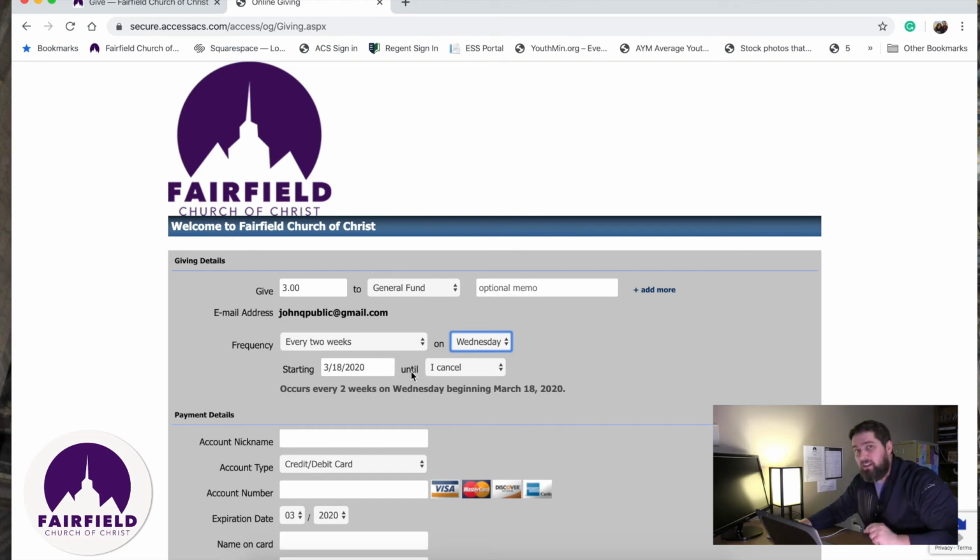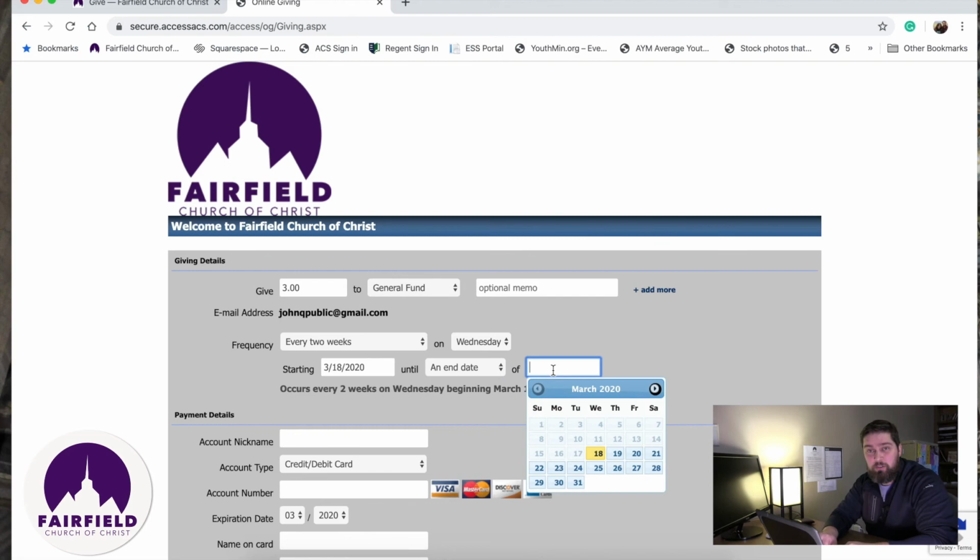And then it says until, and it gives you another drop-down menu. Until I cancel, until an end date, or a number of times. So until I cancel means it's going to keep going until you log back in and say, I need you to stop that now, or until you change it. And then you can put in an end date of, let's say you want to do it for a year. So we would just put